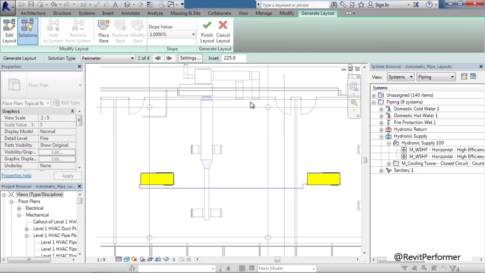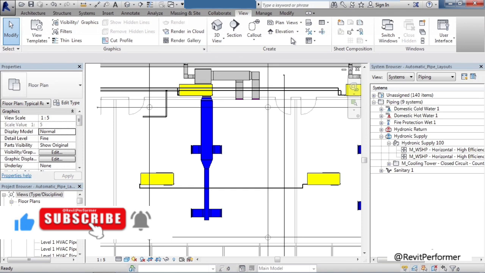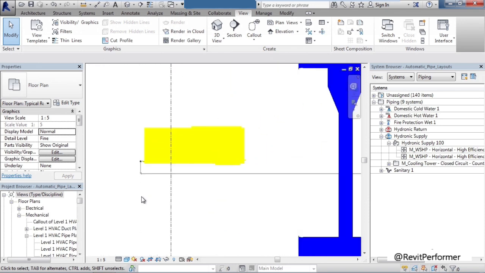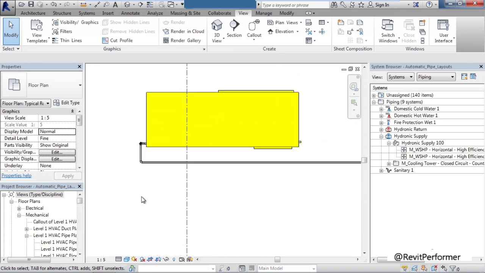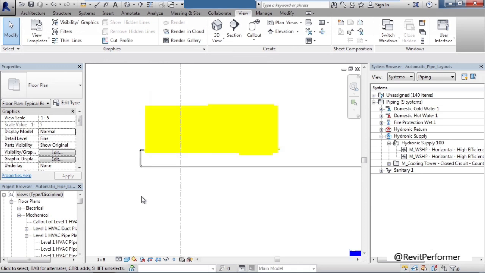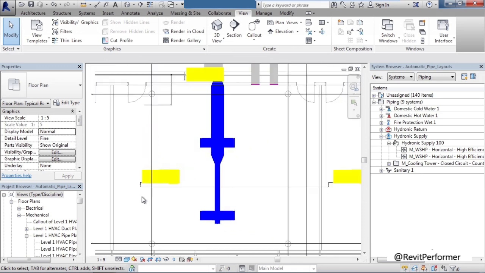You can also use the Edit Layout button all the way to the left of the ribbon to actually modify this current route. And again, once you find the route that you like, simply click Finish Layout. Once you click Finish Layout, the pipes will be generated in their full realistic mode, routed from one point to another point within your system. If I zoom in, I can actually see these pipes are the real pipes drawn at full scale, with all of the attributes and all the parameters of full piping.